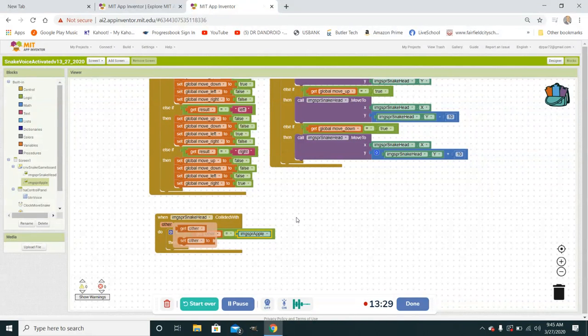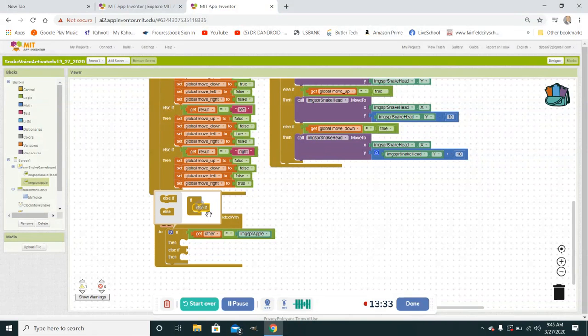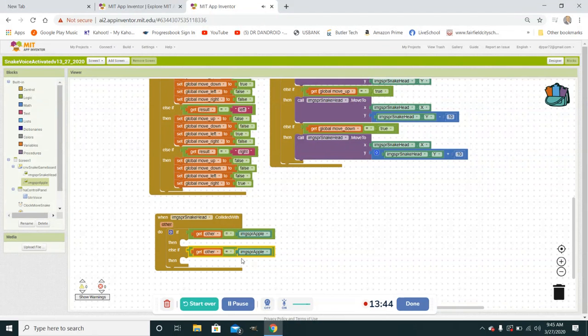And then what we're going to have to do is put the body parts. I'm going to come down here. I'll figure this out. But we're going to have to do else if you run into a body part. Okay, so if you run into like a snake, we're going to change that to a snake body here. We haven't created snake bodies yet. But if you run into a snake body, then you're going to have to start coming in here to a procedure,